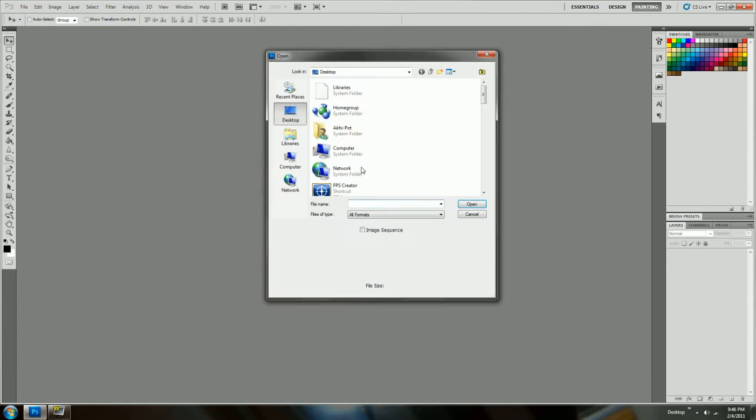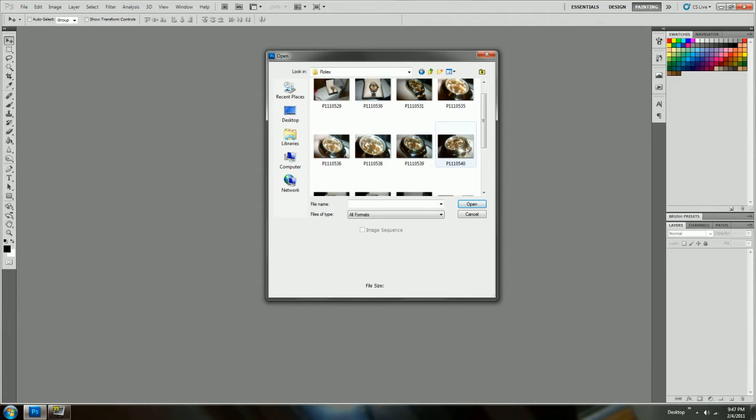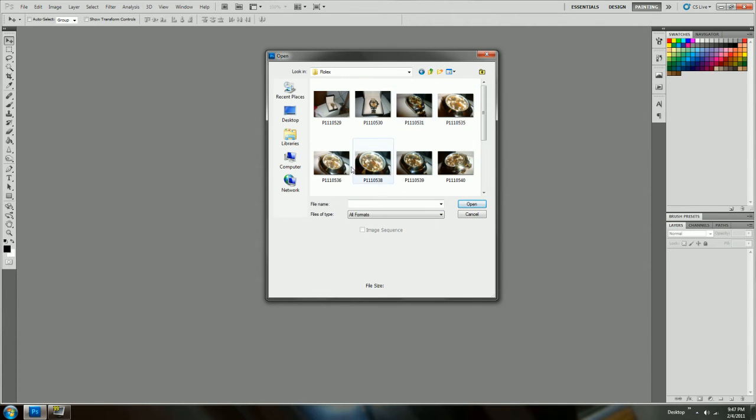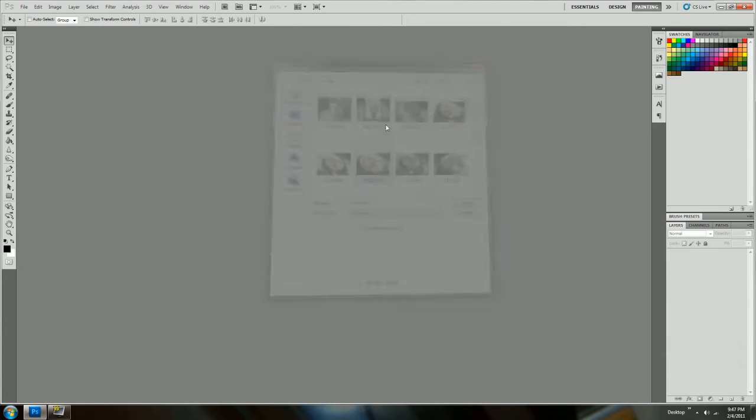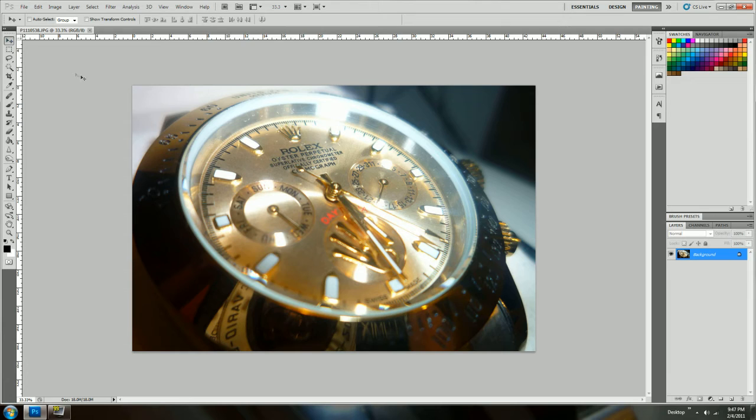Alright, toolbox. So here we've got select, where you can select the file and move it around. I will just open up a quick file by going to File, Open, and selecting a file. I'm going to select my watch. Alright, that's good. So I'm just going to open it up. And once we have this tool selected, what we can do is